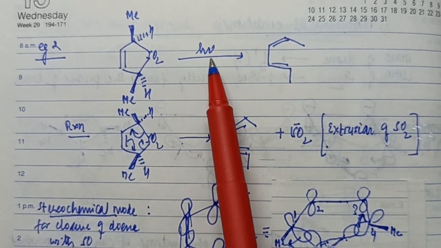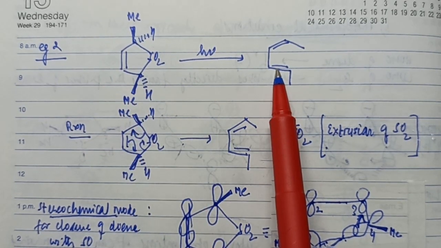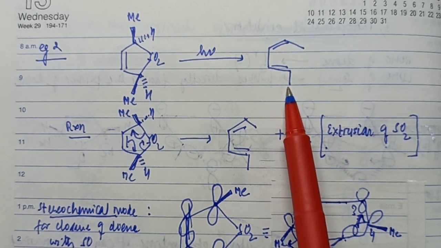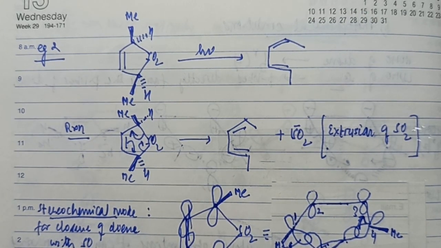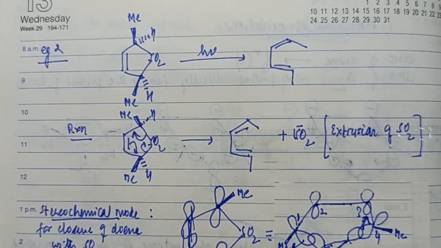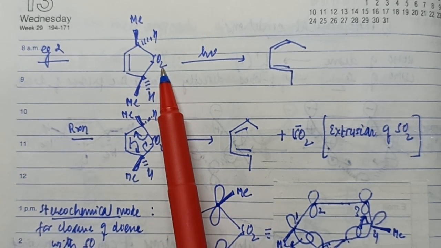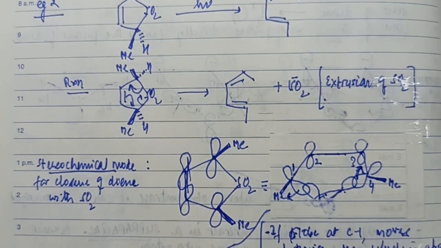Now, I am given the reaction conditions. I am given the type of reaction this molecule is undergoing. Looking at the position of the substituents in the product from the reactants, I can work out what kind of stereochemical control this molecule is undergoing. Now let's do it one by one, and from there we'd work out what approach, either linear or non-linear approach, this sulfur dioxide extrudes from this dihydrothiophene dioxide molecule. Let's see what the reaction is.